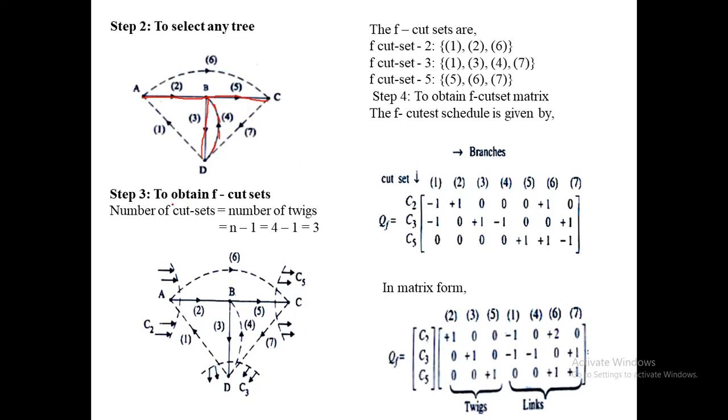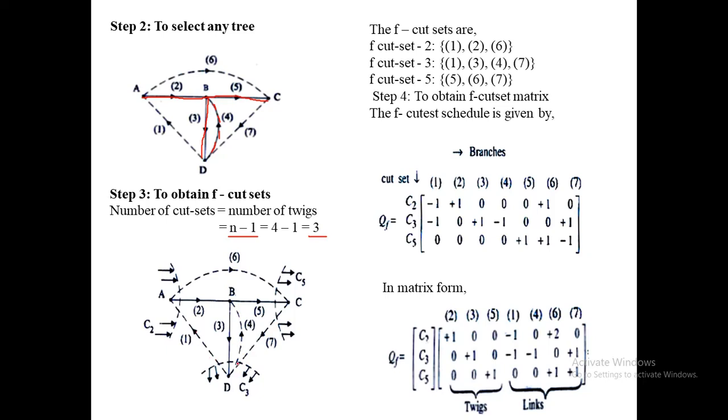Select the tree. Next, in this F cut set, we have to find the number of cut sets. The number of cut sets can be calculated as n minus 1. Here in this diagram, it is having 1, 2, 3, 4 nodes. So 4 minus 1 equal to 3. Here we have to cut this graph in 3 ways because we have got the number of cut sets equal to 3. For that we have to strike out this graph by 3 ways. Here consider these 3 lines as solid lines, and the remaining branches as dotted lines because these are the link branches.